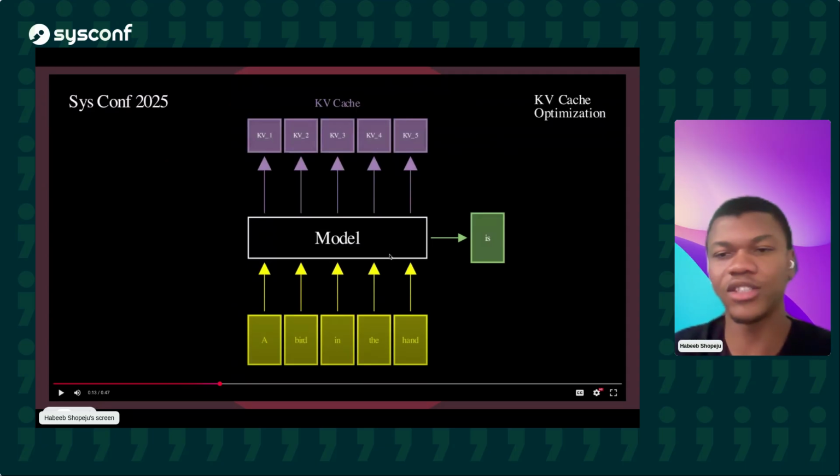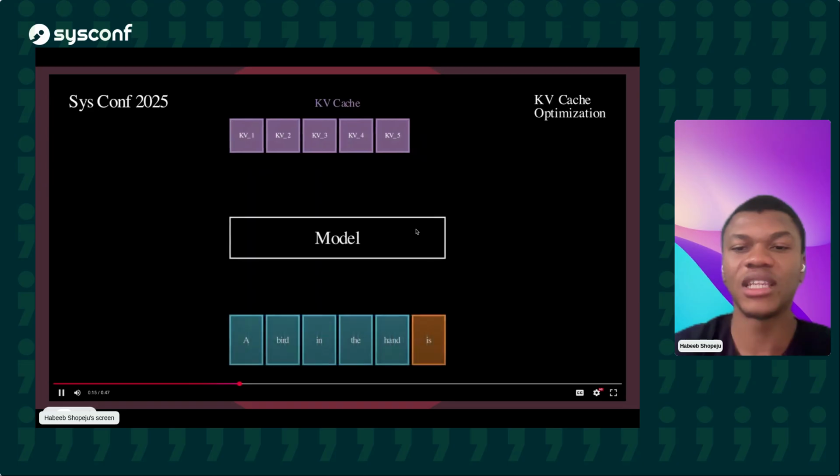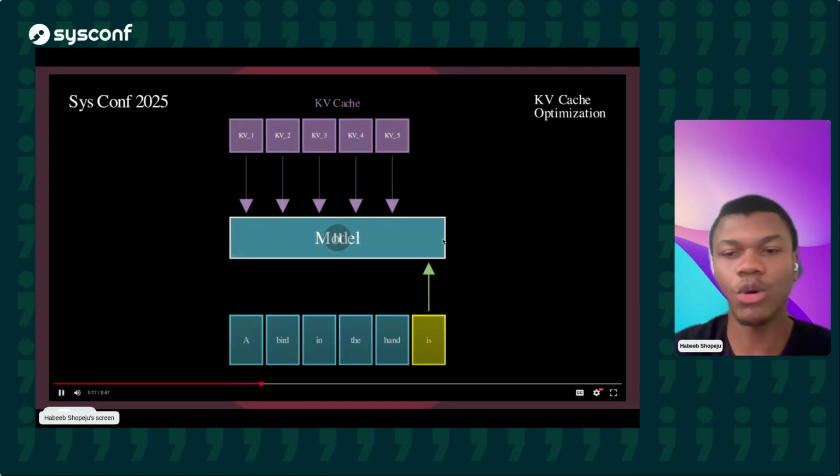The good advantage to this is, while we are doing prefill and caching, we still get an output. So that's good. But what then happens is, only that generated token is passed into the model going forwards. Every single thing that has been generated previously goes into the cache, that's the key and value attention vectors. So when you are calculating the attention mechanism, which is probably one of the most important parts of how language models work, you do not need to pass in every single token anymore. You only do the last token.